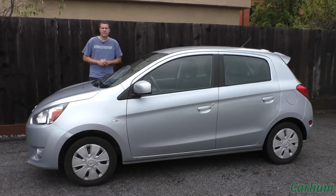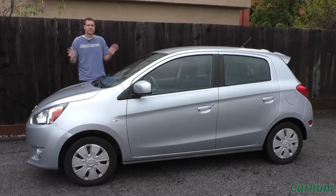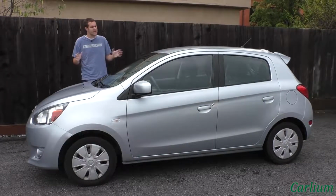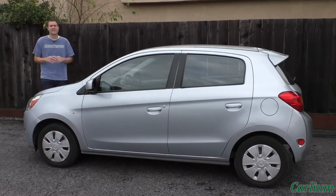Yes, this is the which is the cheapest new problem you can buy. I say that not because of the starting price. I say that, and honestly, it probably is the least new car. Yes, the Versa is technically Mitsubishi, but Mitsubishi new dealers are absolutely, honestly, desperate, and they are practically giving these